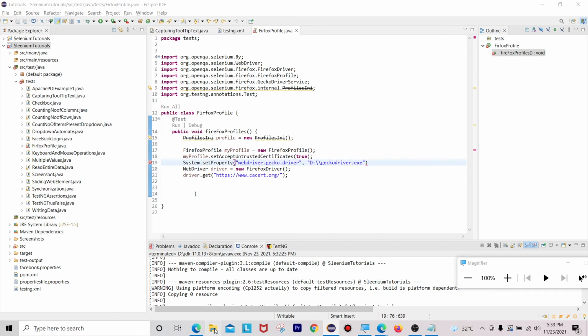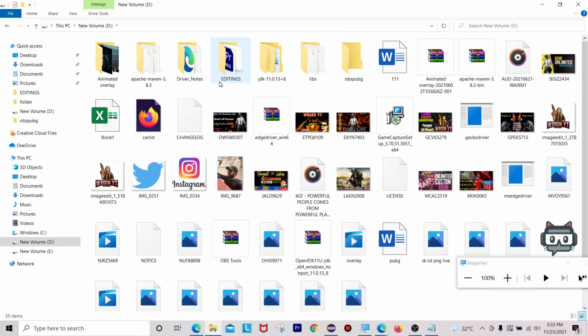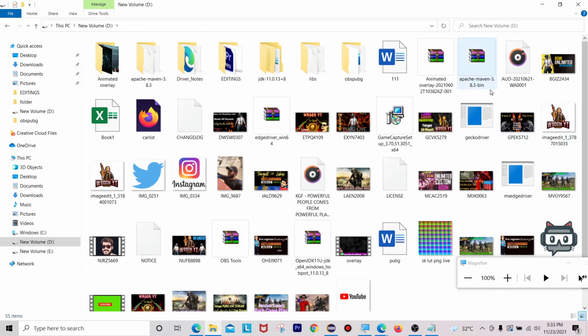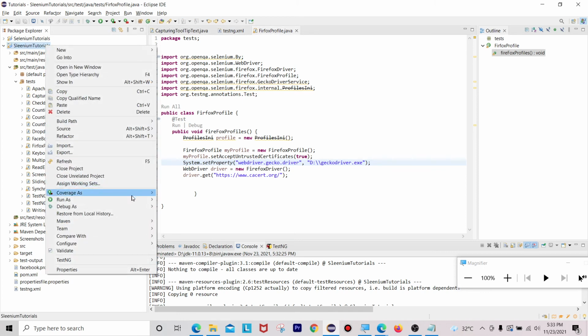Let me go to that gecko driver path. Here we have the geckodriver.exe file. This is also done. Now update it one more time and we'll see.